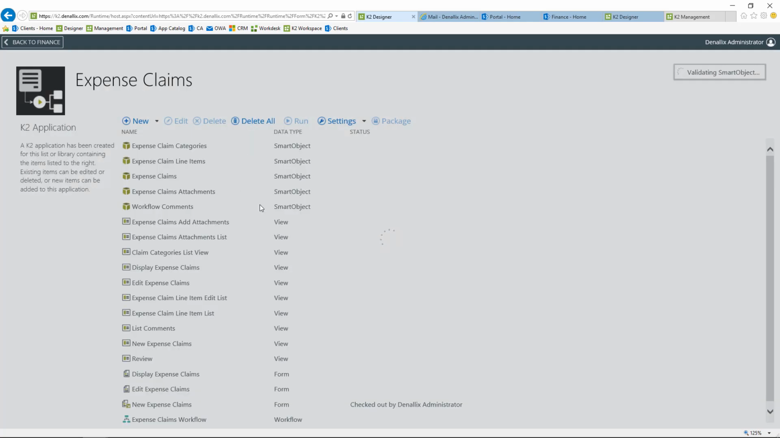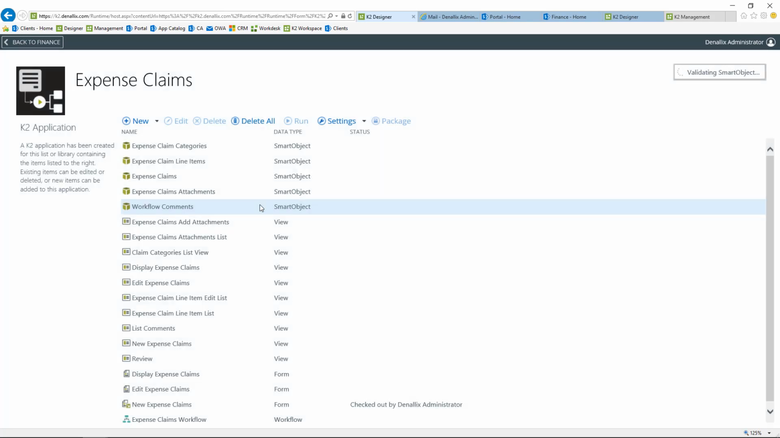So in a K2 world, we have kind of 4 components. We talked about the base kind of 4 pillars, and this is going to be our smart objects, our views, our forms, and our workflow. So you can see here, I have a couple of smart objects. So the expense claim main object is going to describe the expense claim from within that SharePoint environment so that I can go and build a view so that users can interact. And I can build a view and reuse it across multiple forms. And you kind of saw some of that today with our line items with the new form and our edit